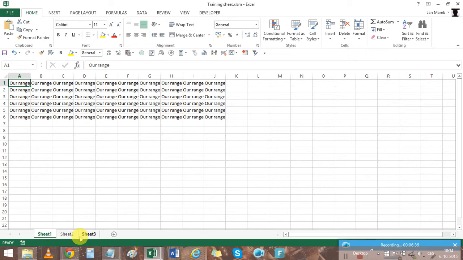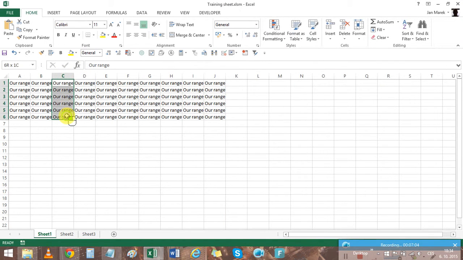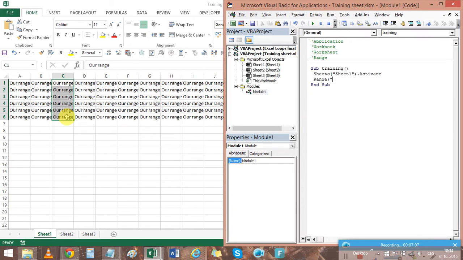Then on this sheet we can select a certain range. So we have activated the sheet, and we will now select the range. So we are basically starting to type Range and open parentheses. And let's say that we want to select the range from C1 to C6. So let's go back to the code and just type in "C1:C6"